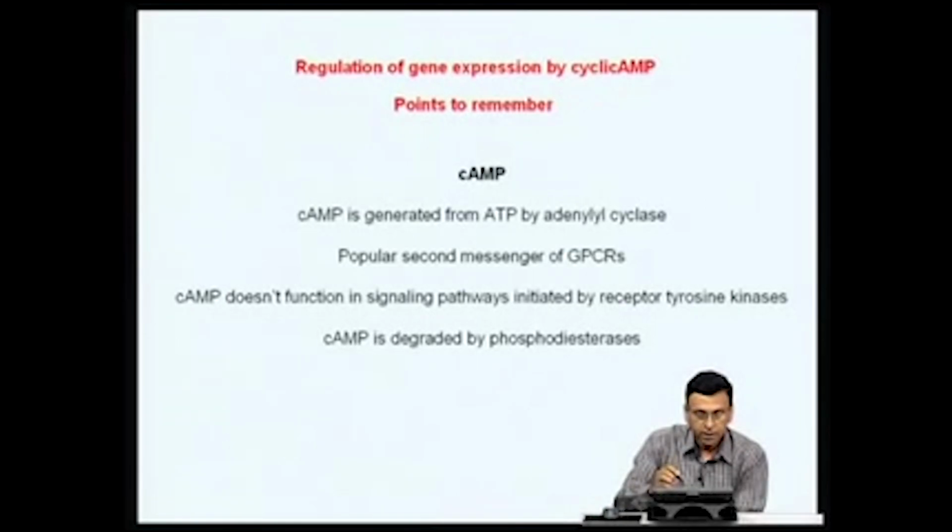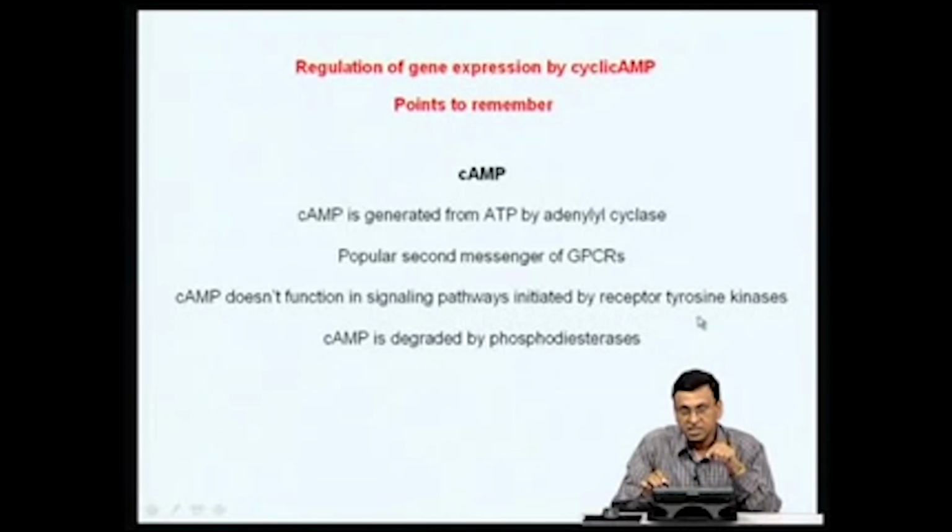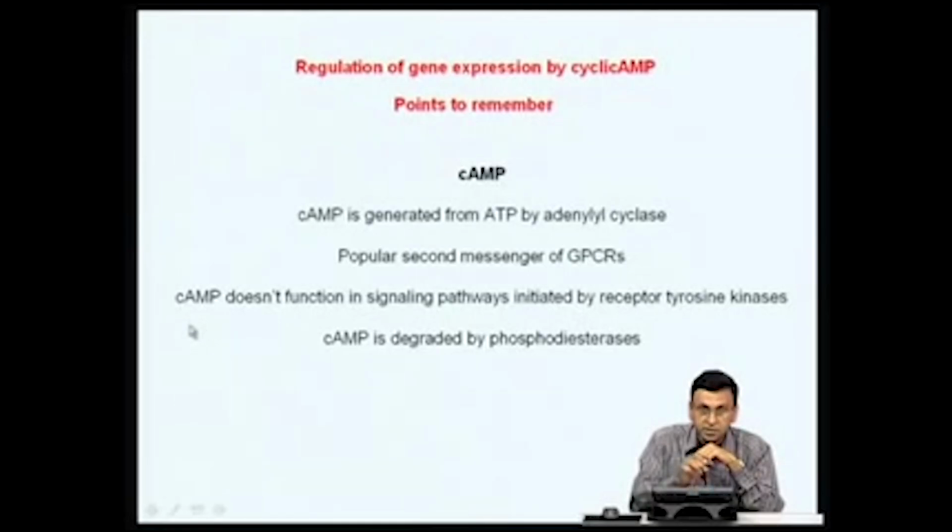Now, cyclic AMP. The important thing that you have to remember about cyclic AMP is that it is generated from ATP by adenylate cyclase. It is a very popular second messenger involved in the G protein coupled receptor pathway, and cyclic AMP does not function in signaling pathways initiated by receptor tyrosine kinases. It is a very, very important point. We are going to discuss the receptor tyrosine kinase in future classes. Remember, cyclic AMP is not a second messenger when the receptor tyrosine kinase pathway is activated,